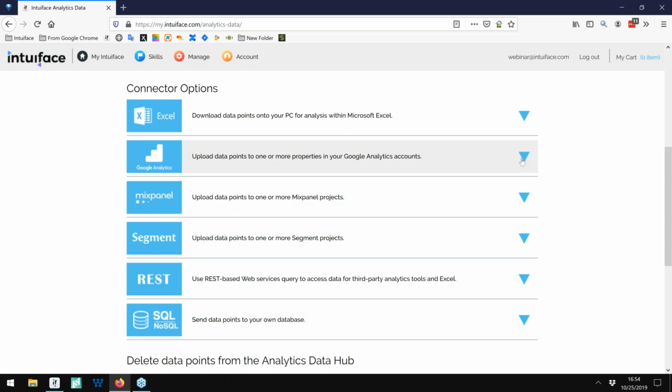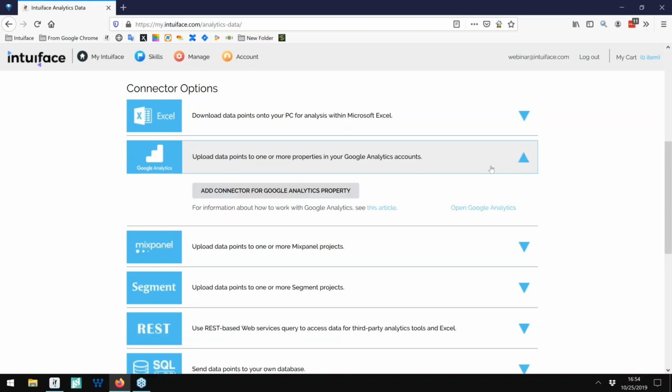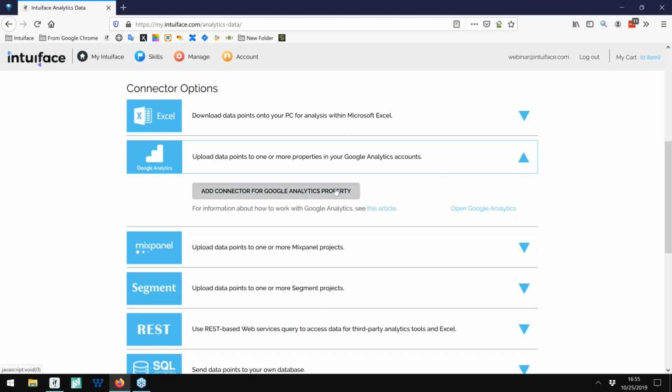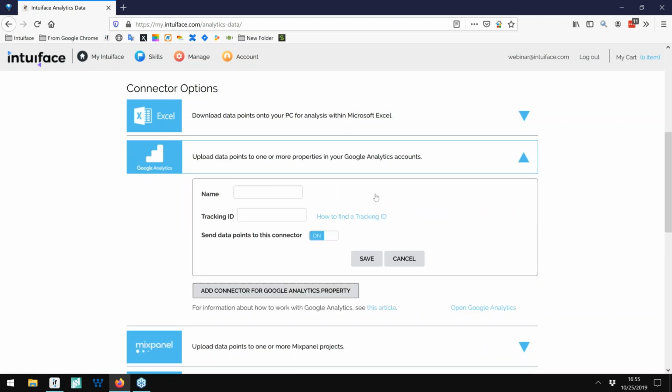Well, whether your Intuiface experience is mobile or not, we can think of them as applications in the field, and you can apply Google Analytics to your collected data. When you use Google Analytics, you need to specify which property you'll be forwarding the data to. In my word, it's a project. I think that's conceptually what it is, but they call it a property. So you need to specify the name and tracking ID for that property. That's something you're doing in Google Analytics. It's not us. So in Google Analytics, you create a property, you define the name, you get the tracking ID,